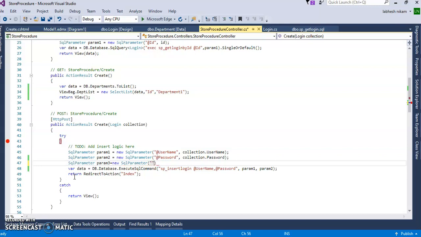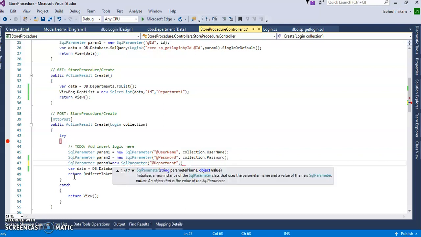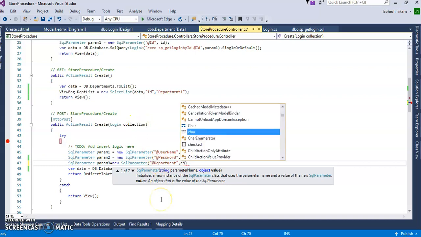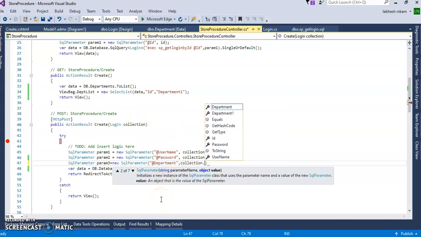So @department is the name in the login table, whose property is Department, and using this object collection.Department property I have accessed it.